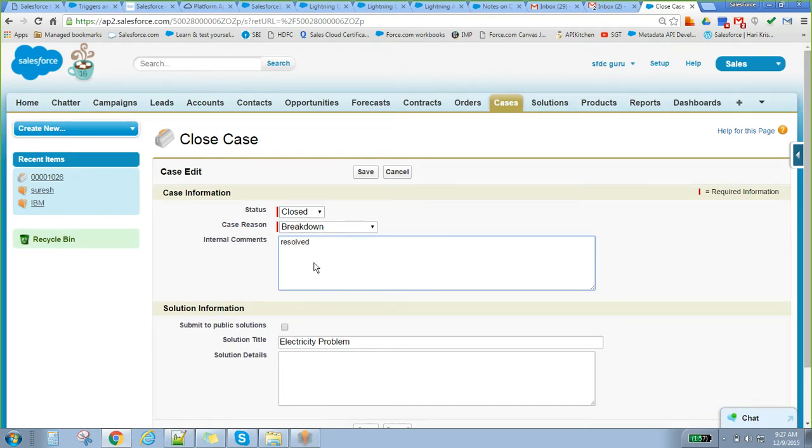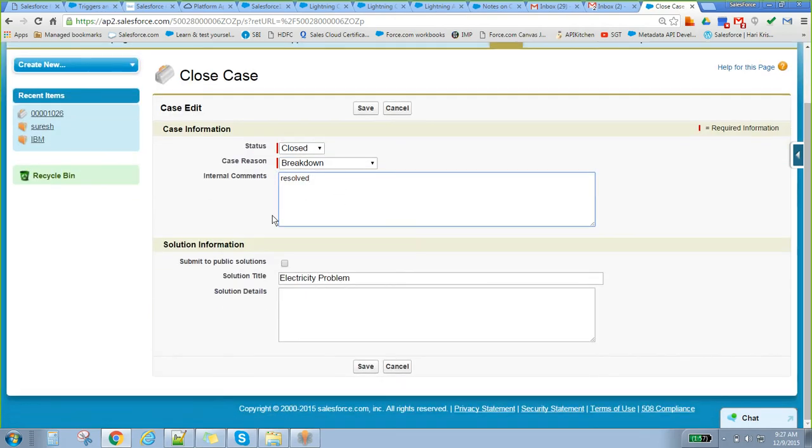Correct. Okay, so here there is something called solution. Solution is nothing but how you resolved the case. Okay. So here we can write, I have changed something.